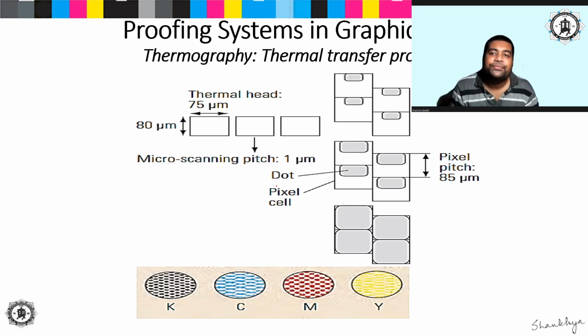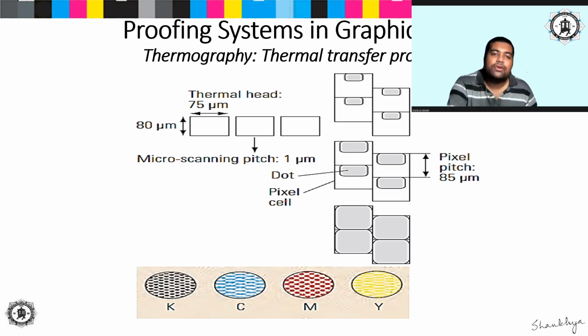Also, the number of heating elements present per unit area is a determinant of the resolution, right? So two things: tonal gradation here is being achieved with the help of what? With the help of the amount of heat present at the heating element and the amount of ink melting from the ink ribbon and reaching the paper. This is one. So the size of the dot is basically varying.